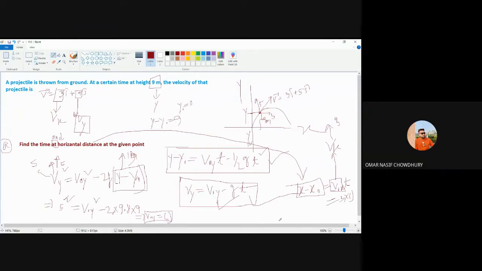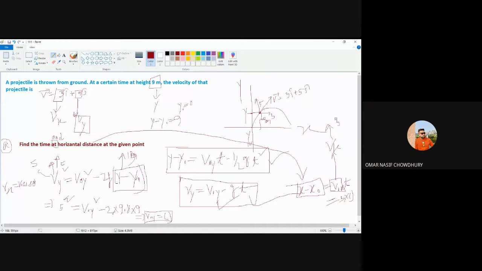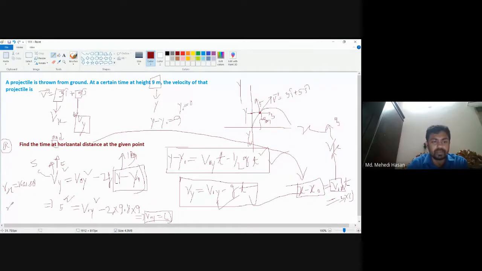আচ্ছা স্যার, ওই স্যার ফার্স্টে যে এ নাম্বারে স্যার ফাইন্ড দ্য টাইম এন্ড হরাইজন্টাল ডিসটেন্স এট দ্য গিভেন পয়েন্ট, স্যার এই জায়গায় আমরা vy এর সূত্রটা কেন ইউজ করছি স্যার, vx না করে? ওকে, টাইমটা যখন বের করবা তখন v, এখানে দেখো vx যদি বের করতে চাও, vx ইকুয়াল টু v নট cos θ, এখানে টাইম আছে না স্যার। তাহলে তো টাইম বের করতে পারবা না।